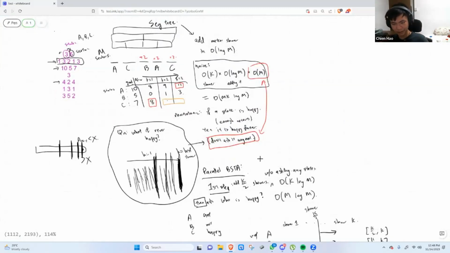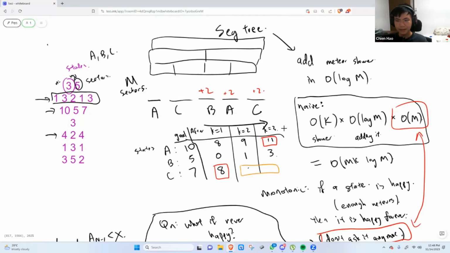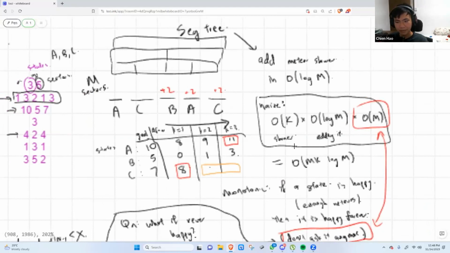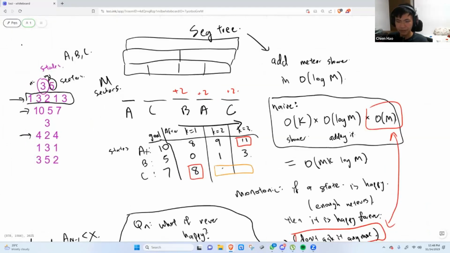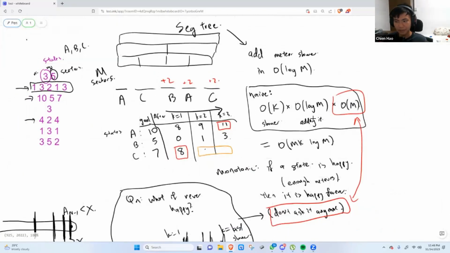Let me just summarize it again. In summary, the question was asking us that each state has control over some sectors, and they collect meteors on those sectors. Then we went through an example using the sample, and we saw an observation that once you have a state that is happy, it will be happy forever after. So we want to find the exact minimum time for each state when they're happy. So the naive implementation,